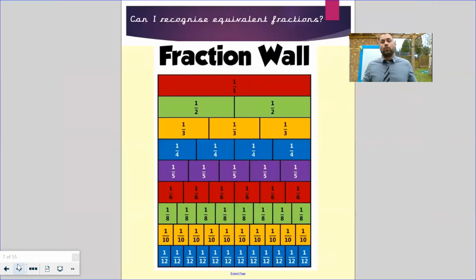So this is called a fraction wall, and you can see on this fraction wall, we've got 1 whole, 2 halves, 3 thirds, 4 quarters, 5 fifths, 6 sixths. What do you notice? I want you to pause the video quickly here. What do you notice about the denominator of these fractions and how many of them there are to make up 1 whole? So for example, let's take 3. The denominator is 3 for 1/3. There are 3 of them that make up 1 whole. So pause the video and just have a look at this, just to help you with